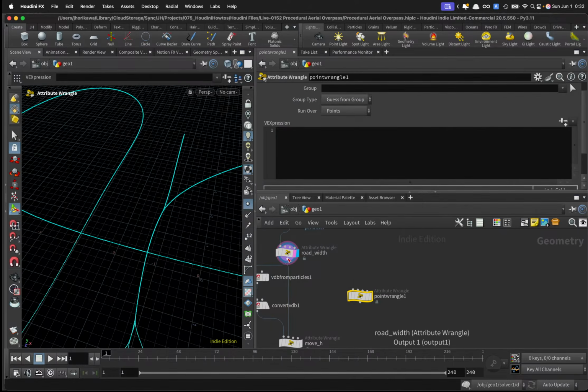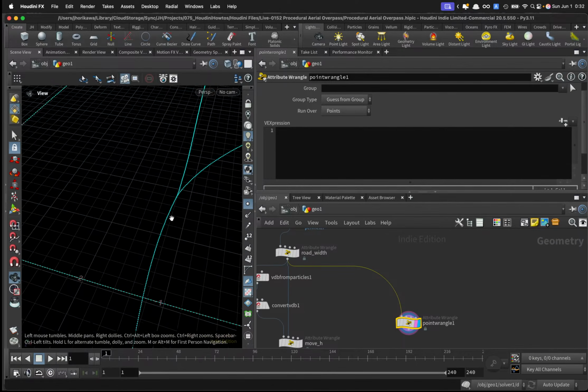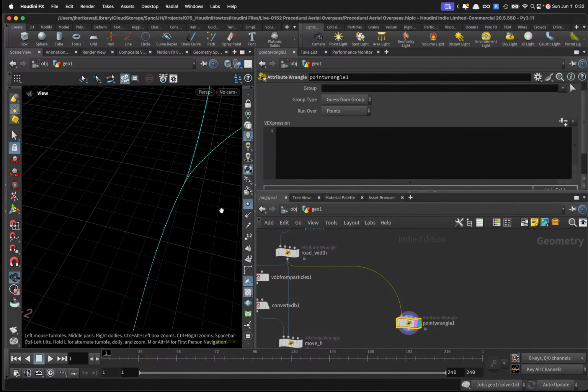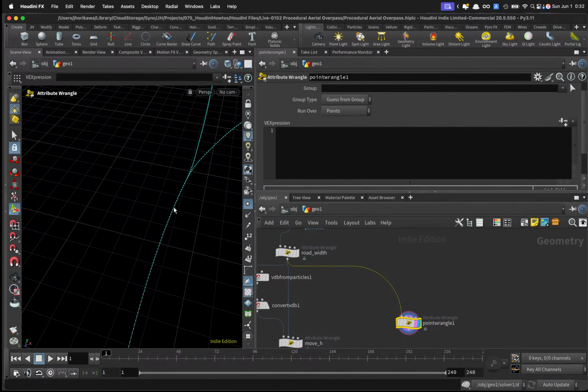So using point wrangle, for each point, I want to look for the nearest point, and then check the pscale for each point and get the highest one and set it as the width for the column. So use a near points,